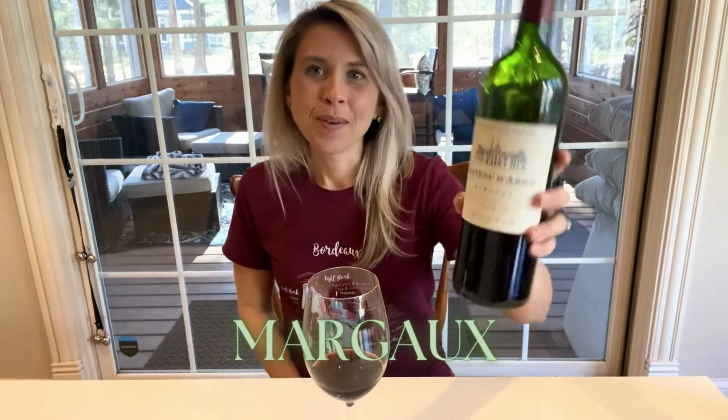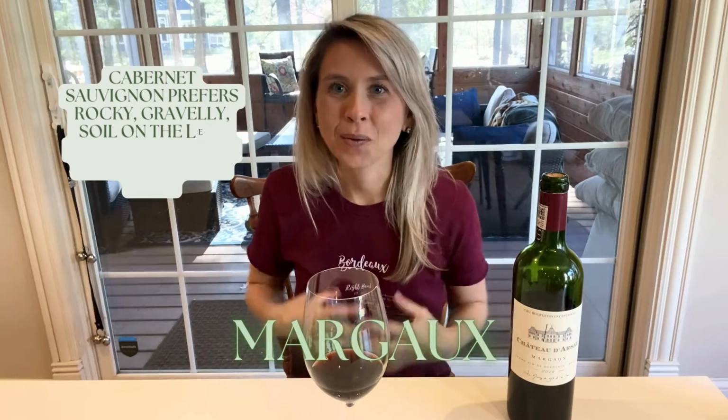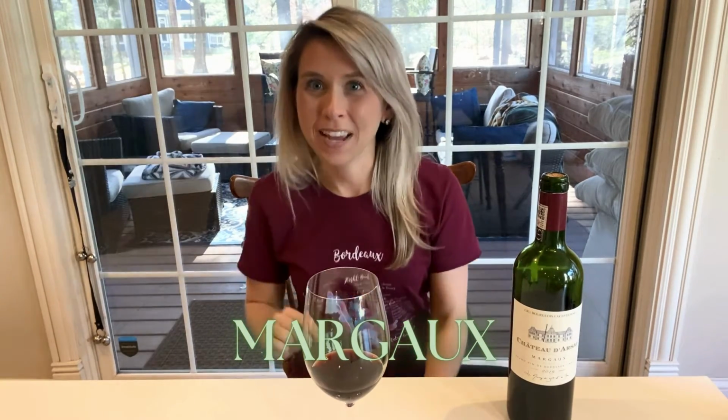Okay, let's talk about Cabernet Sauvignon from Bordeaux. This one is from the subregion of Margaux on the left bank. Left bank is known for Cabernet Sauvignon dominated wines. This has a lot to do with the soil and climate as to why they use a majority of it there. Just a quick tip, as climate is getting warmer, they are starting to use actually more Merlot and other